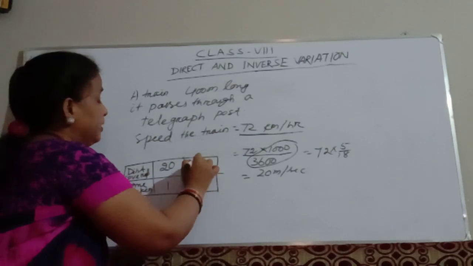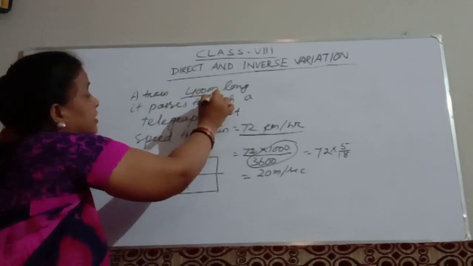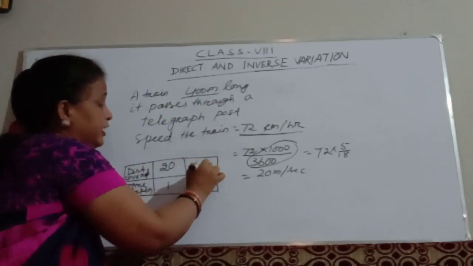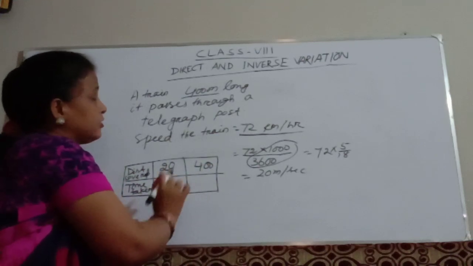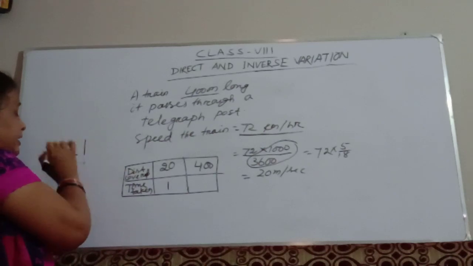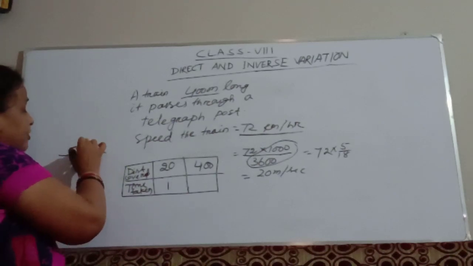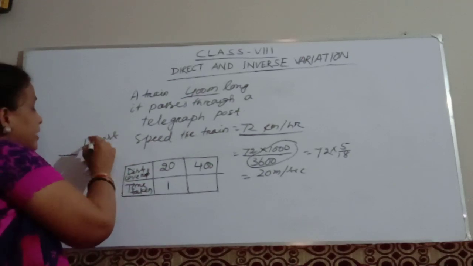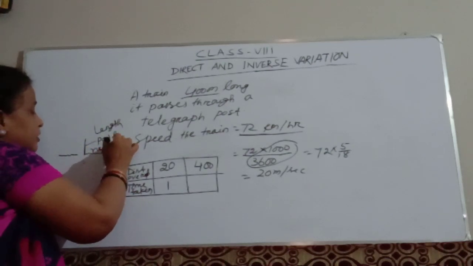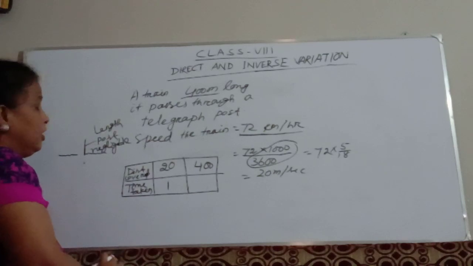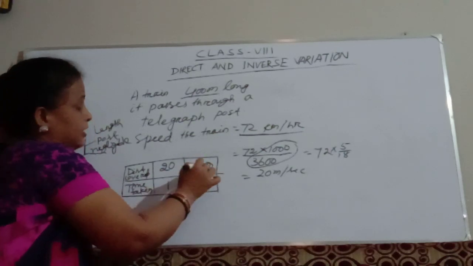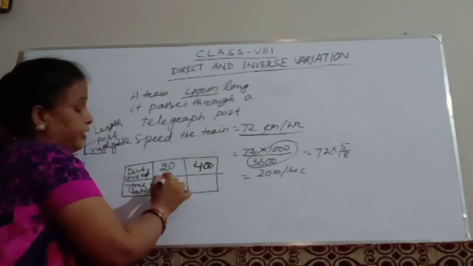How much distance? Because the train whose length is 400 meters, when it passes through a telegraph post, covers only its own length, not the telegraph post. Why? Because the train passes through a telegraph post, so the length of the post is negligible. So it is not required. Only the train passes through its own length. So in 400, how much can we take?